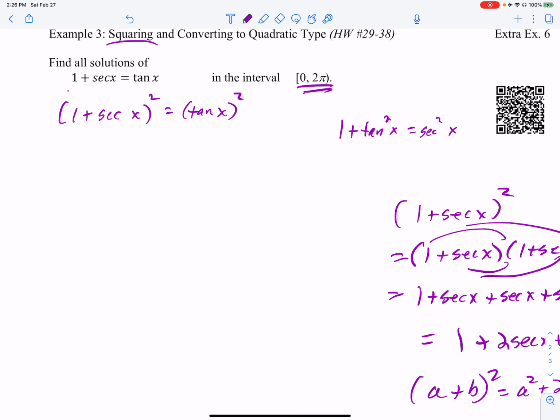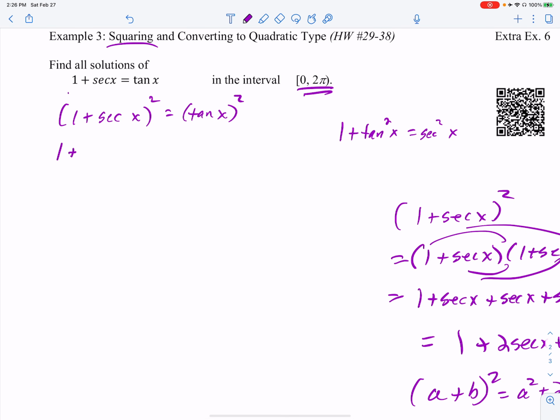And so when I square 1 plus secant, I get 1 plus, square it, multiply and double it. Square the 1, multiply the 1 times secant but double it, and then square the secant. That's that special property of a plus b squared. And then tangent of x squared, we're going to write tangent squared of x. All right, and so now I've introduced some secant squared and tangent squared so that I'm ready to apply this